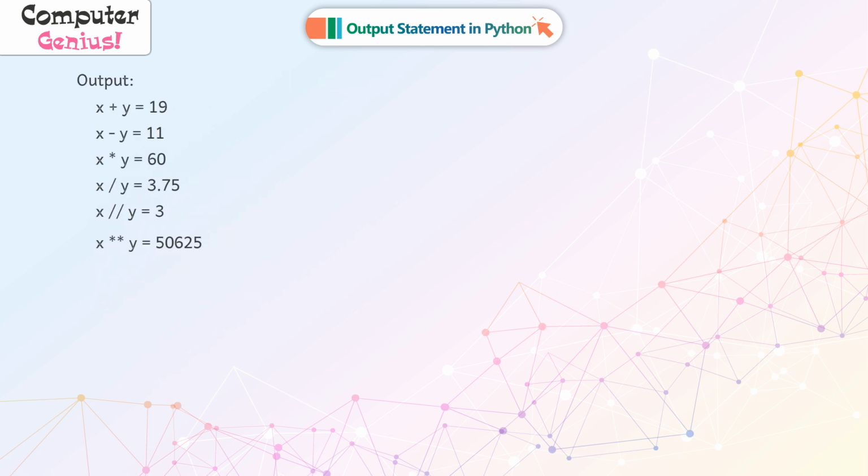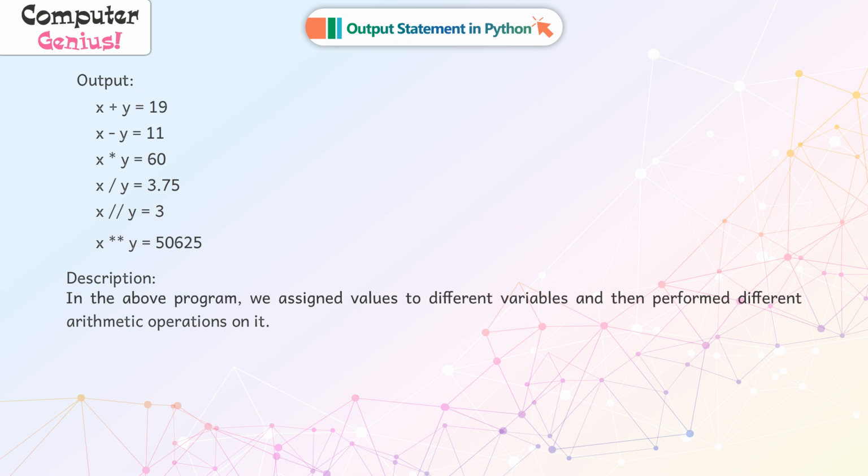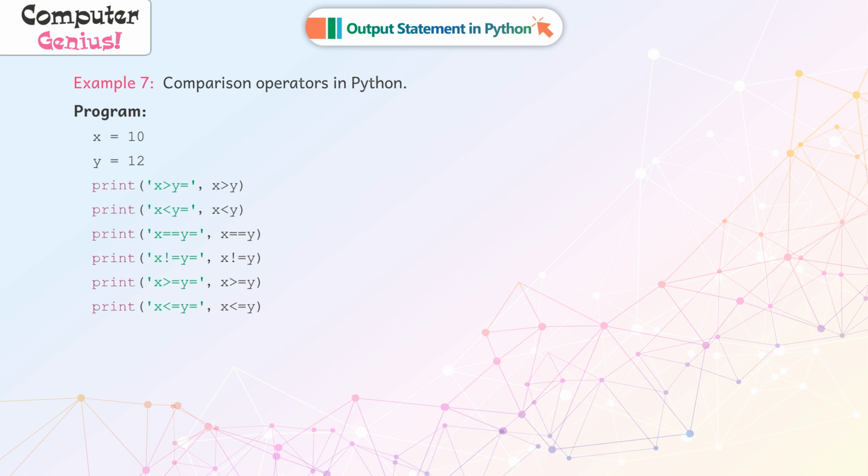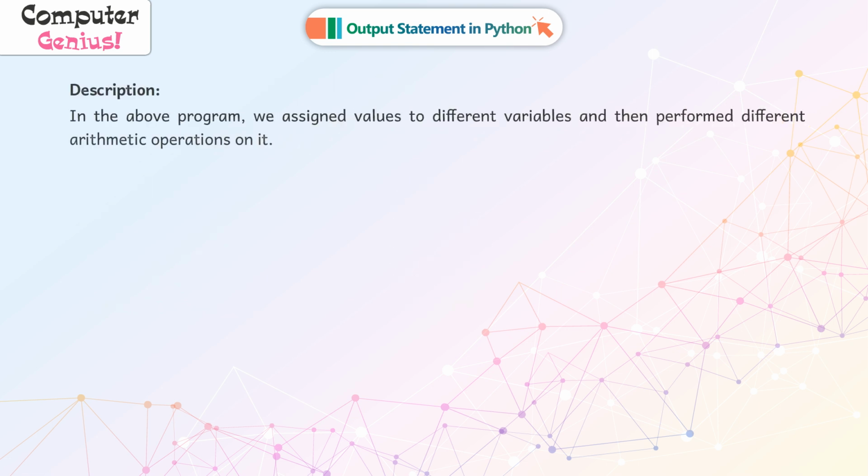Program. Output. Description. In the above program, we assigned values to different variables and then performed different arithmetic operations on it. Example 7. Comparison operators in Python. Program. Output. Description. In the above program, we assigned values to different variables and then performed different arithmetic operations on